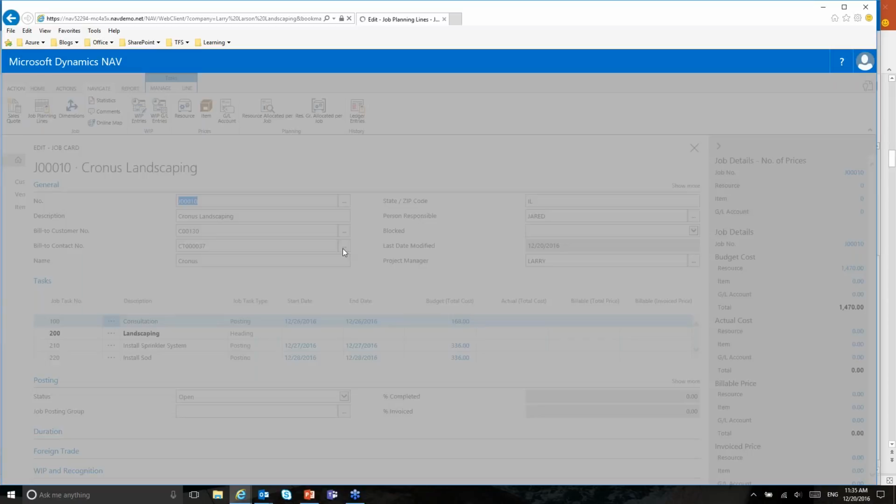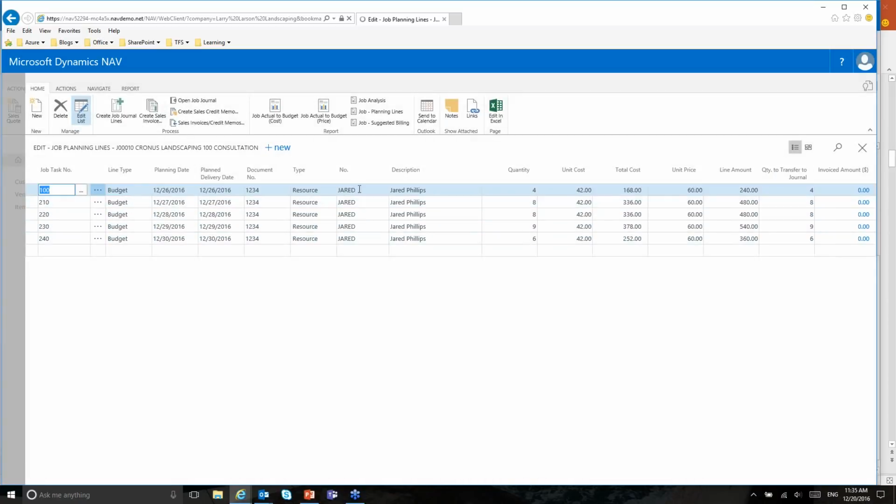So let's look at the job planning lines where we set up who the resource is for each of these tasks, and the date, the amount of time, and all the other details associated with this job. If I'm the manager of this job, the project manager, I have the ability to get these set up, and we've added this button that says Send to Calendar. If we have email addresses set up for and associated with our users and resources, then when I hit Send to Calendar, what that will do is it will send calendar requests to those